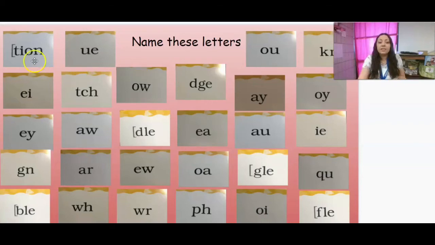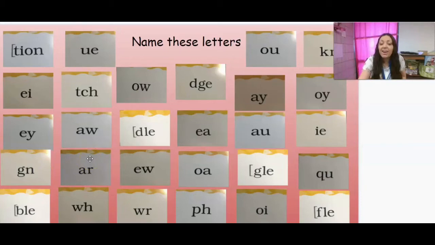So we have final syllable T-I-O-N, digraph U-E, diphthong O-U, ghost, digraph K-N, digraph E-I, trigraph T-C-H, digraph or diphthong O-W, trigraph D-G-E, digraph A-Y, diphthong O-Y, digraph E-Y, digraph A-W, final syllable D-L-E, digraph EA, digraph AU, digraph IE, ghost, digraph GN,